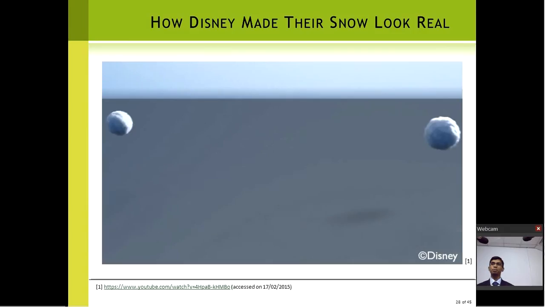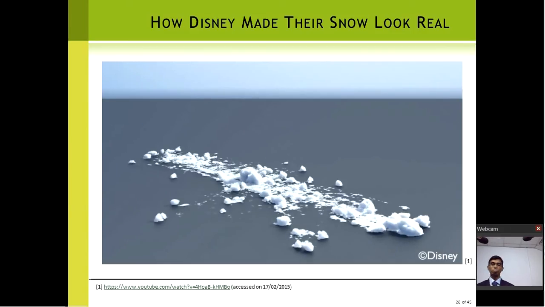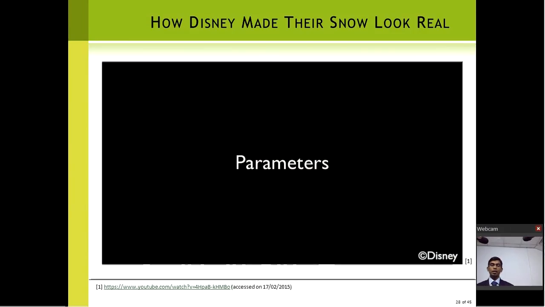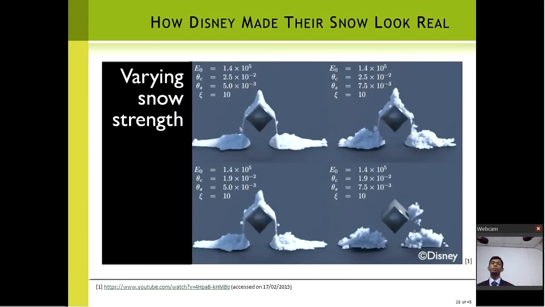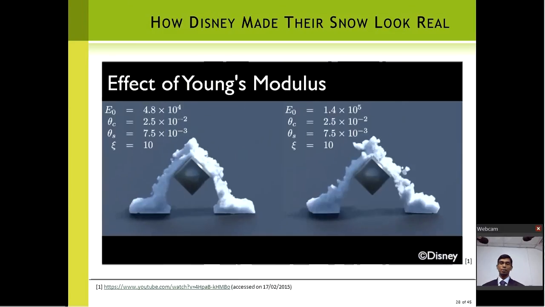So those are the benefits of the Meshfree methods. This is a benefit of numerical modeling. We can change different parameters. We can observe how the snow will behave. Imagine if you were to do this practically, how difficult that would be.